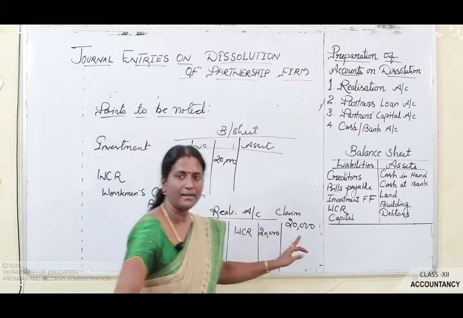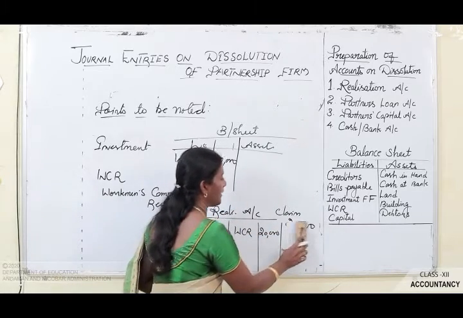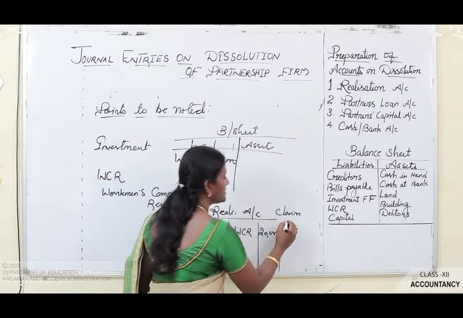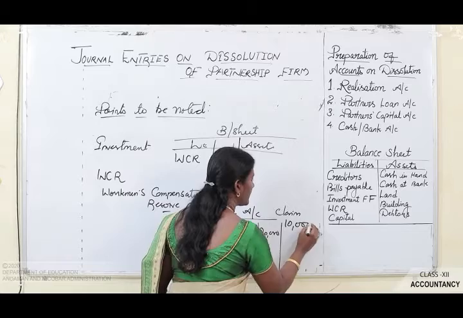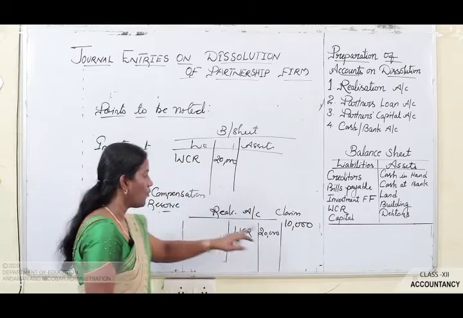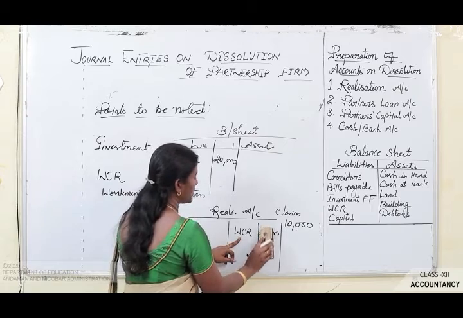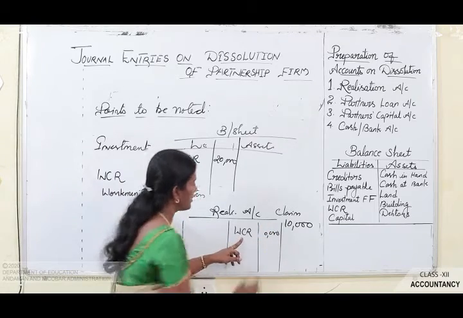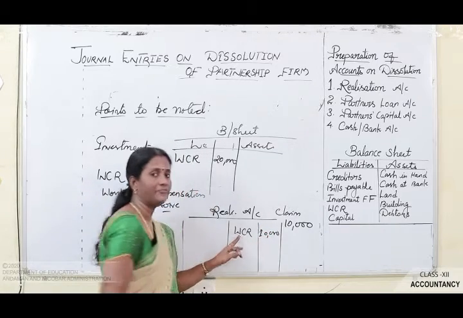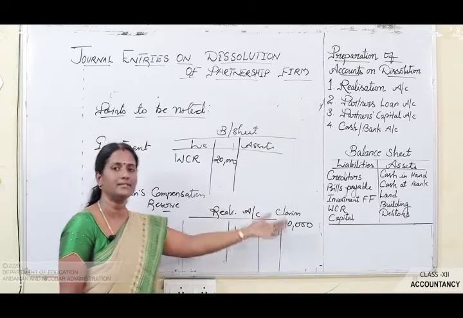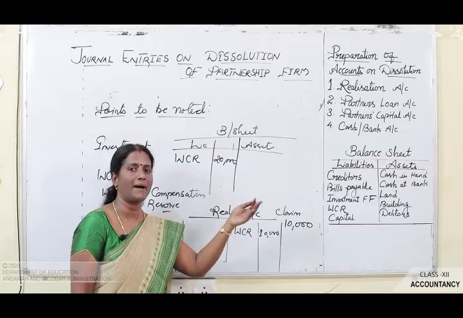लेकिन क्लेम आपका मान लीजिए 20,000 नहीं है, इंस्टेड ऑफ 20,000 द क्लेम इज ओनली 10,000। इन दैट केस only 10,000 of workman compensation reserve will be transferred to your realization account, सिर्फ 10,000 आपका रियलाइजेशन अकाउंट में ट्रांसफर होगा एंड द रिमाइनिंग 10,000 विल बी डिस्ट्रीब्यूटेड टू द पार्टनर्स इन देयर